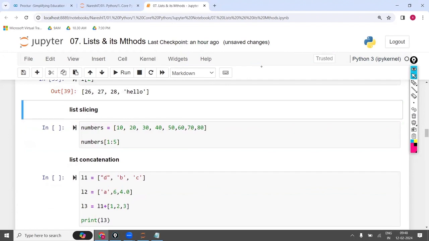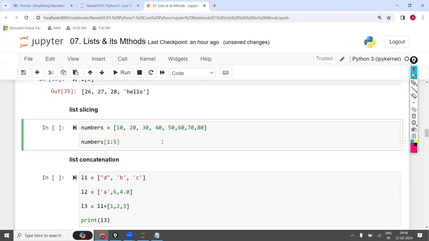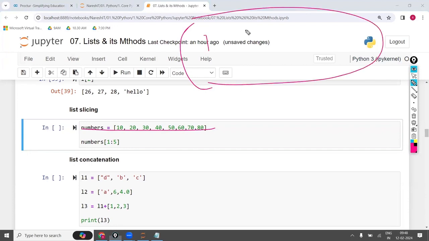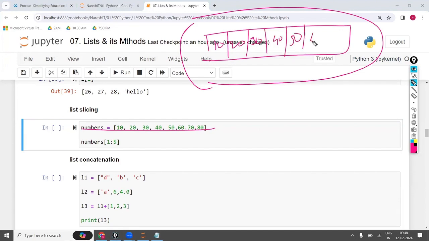Now, next one is slicing. So indexing and slicing. As we have discussed, what is slicing? Tell me, guys. Here numbers is equal to a list. It is going to create one object like this: 10, 20, 30, 40, 50, 60, 70, 80.